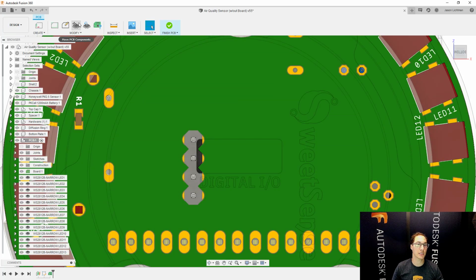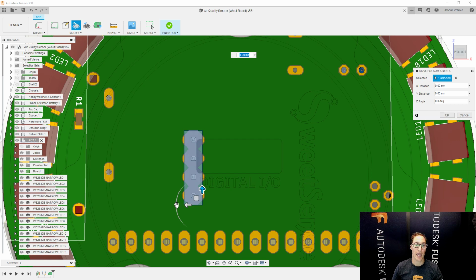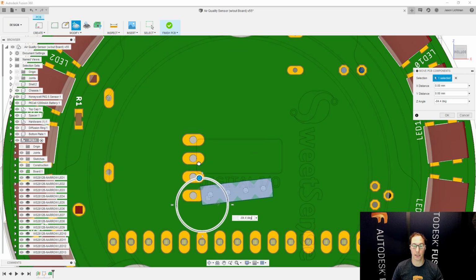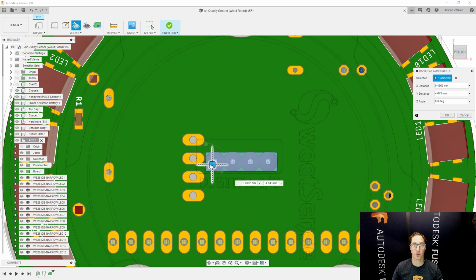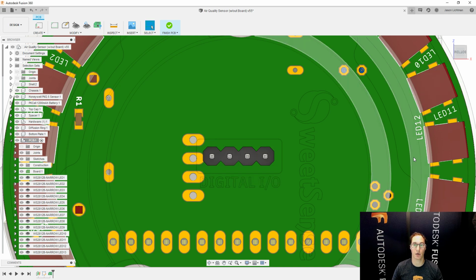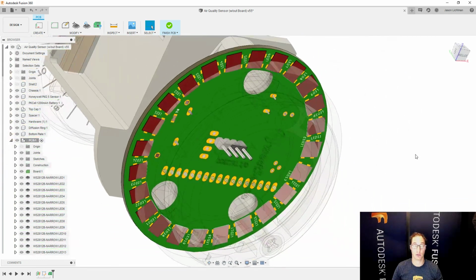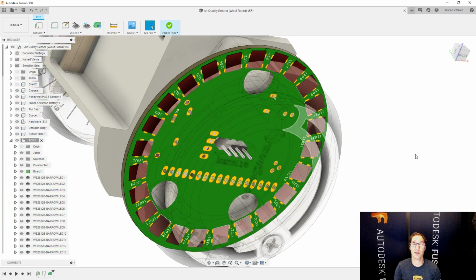I could then say, let's move this component. And at this point, I can rotate it 90 degrees. And then I can also move this until it's lined up correctly in the center of that square. And now we're talking, right? This is exactly what I wanted. I could never have really seen that easily on the Eagle side of things, but yet I see it here